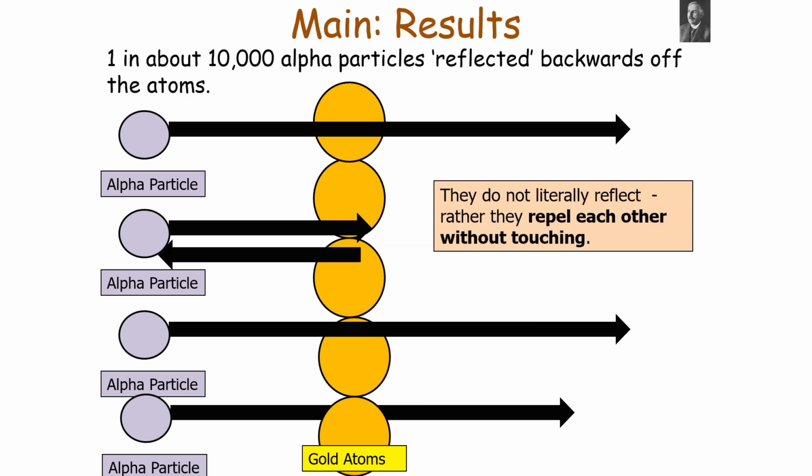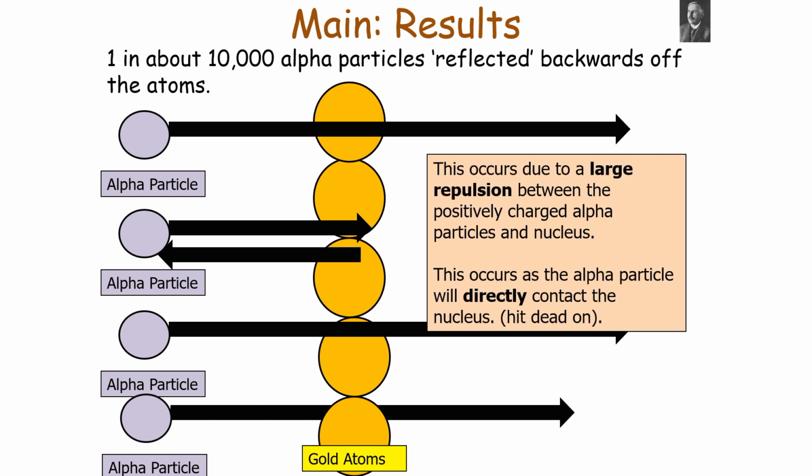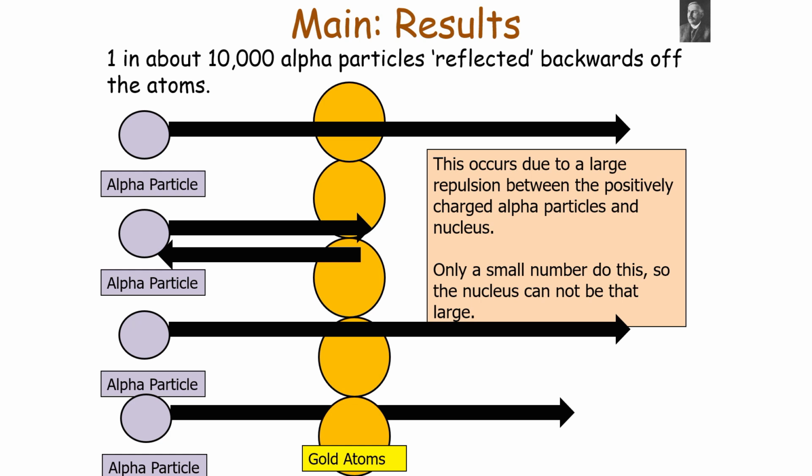Now the last thing is that 1 in 10,000 alpha particles reflected backwards off the atoms. Now they do not literally reflect, rather they repel each other without touching, which we call backscatter. Now this occurs due to the large repulsion between the positively charged alpha particles and the positively charged nucleus. This occurs as the alpha particle would be hitting the nucleus dead on. Now because 1 in 10,000 alpha particles will reflect backwards, and only alpha particles that hit dead on will do so, this indicates that the nucleus itself